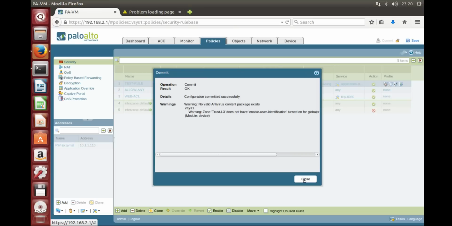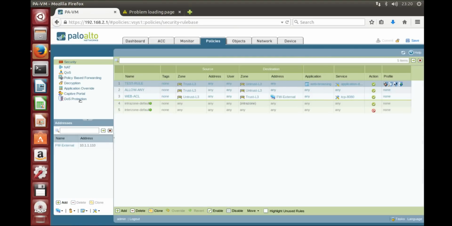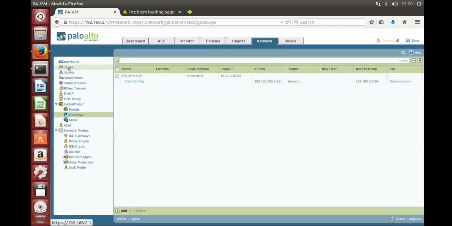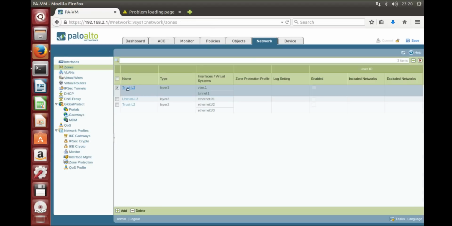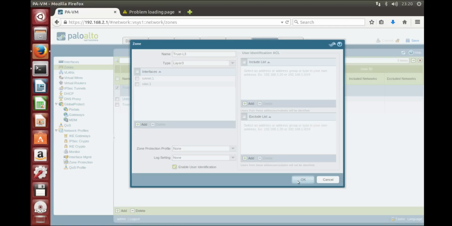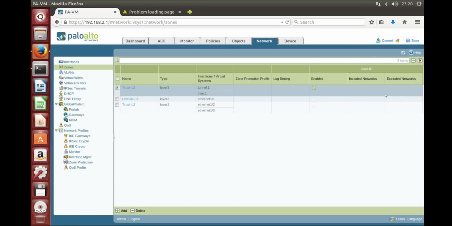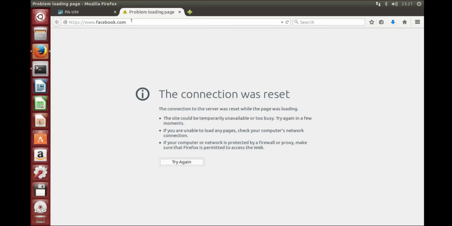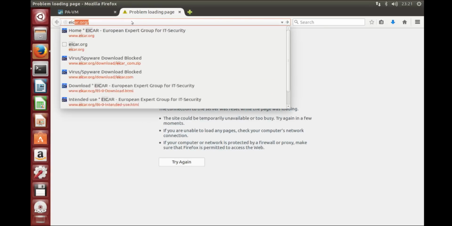Now it's getting annoying. So for the next time I'll make the change. So I need to go to network, zones, trust L3, and here I'll change this setting, enable user identification. It's for traffic from VPN, as I did before. So we can commit now. It's not related to this test actually. Okay, so let's go to eicar.org,